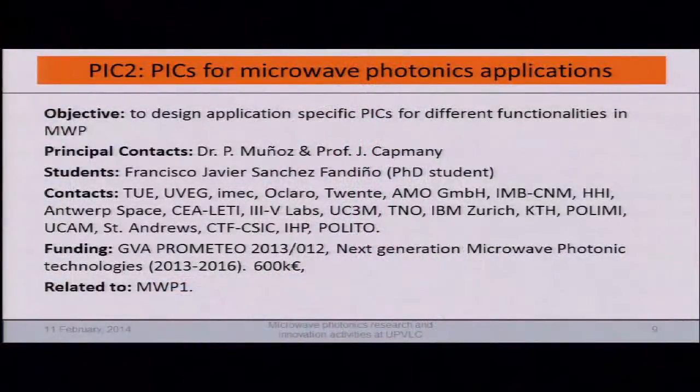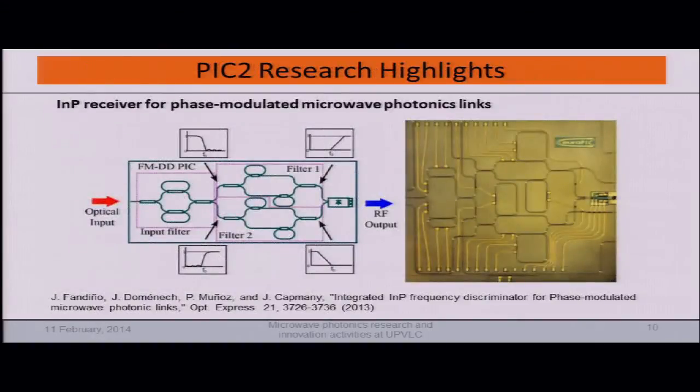So we do this using two approaches. There is one research line in photonic integrated circuits, which is called PICs for microwave photonic applications, where the target is specifically to design integrated photonic circuits for specific applications, okay? Like I will show you specific microwave photonic applications. For example, the next view graph shows you